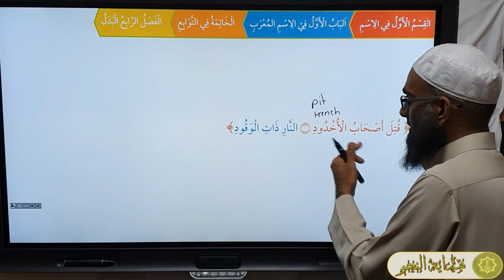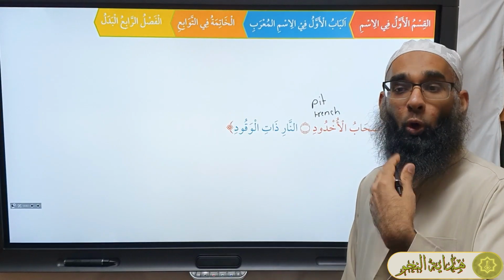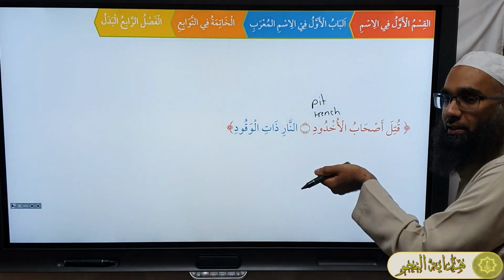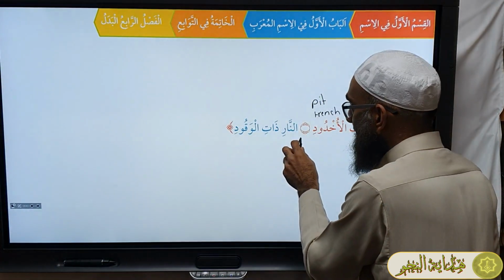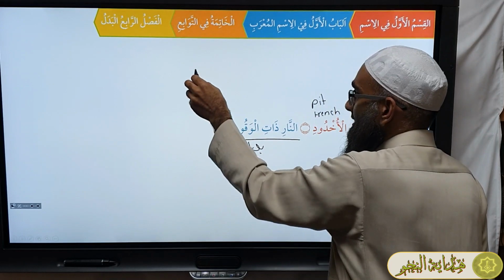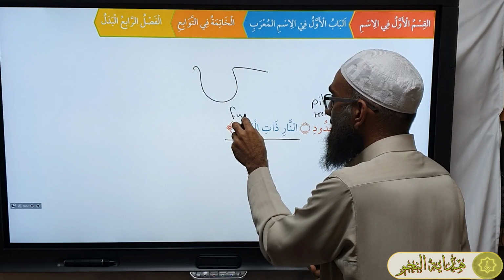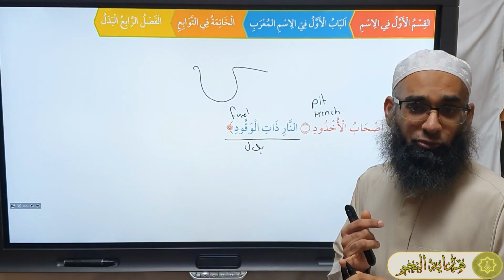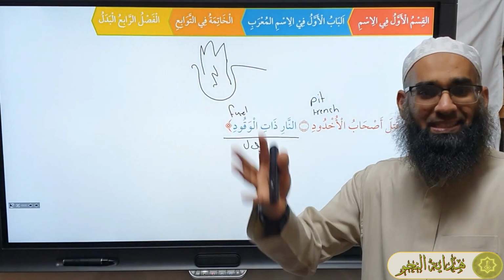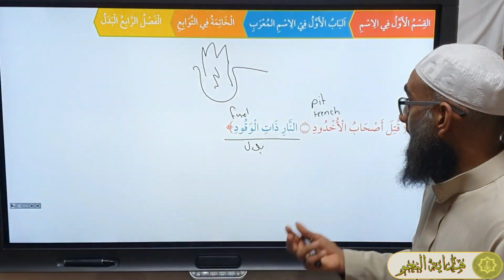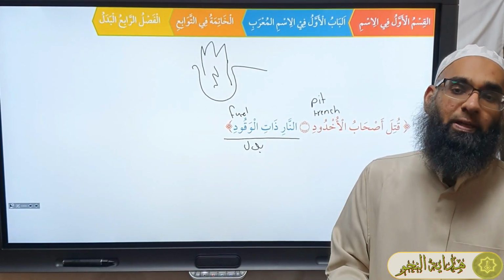The people of the trench: there are two ways of translating this, whether it's a supplication, or fi'l madhi, those who were killed or those who caused the problem. But ukhdud is a trench. And what's in the trench? This is the badal. Is the fire which has fuel the trench in its entirety? Is it a part of the trench? It is something which was on the trench. We had trenches with loads of fire inside of them, and they were thrown into this fire. Either you denounce your faith or you be thrown into the fire.